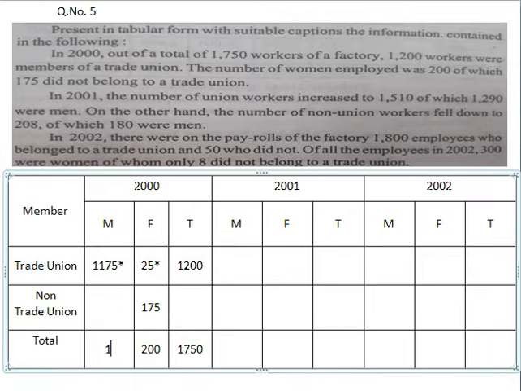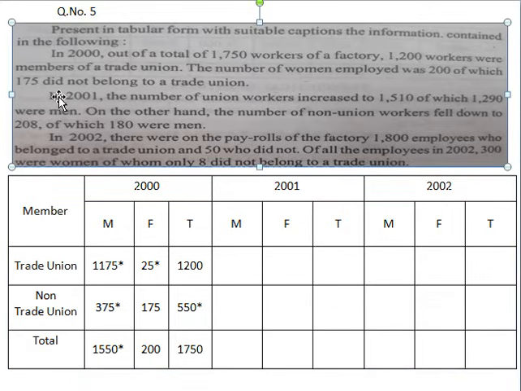So you will get 1550 computed. 1550 minus 1175. So how much you will get? So it was 375. If you find that total, 10 carry 1, 14, 15 carry 1, okay, 375. 375 plus 175 equal to 550. And if you find 200, 1250 equal to 1750, it was clear now.